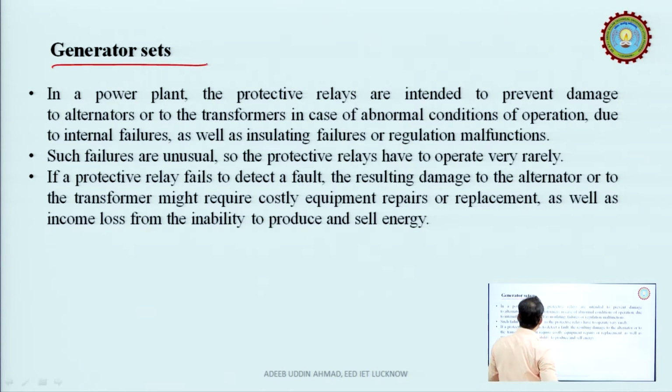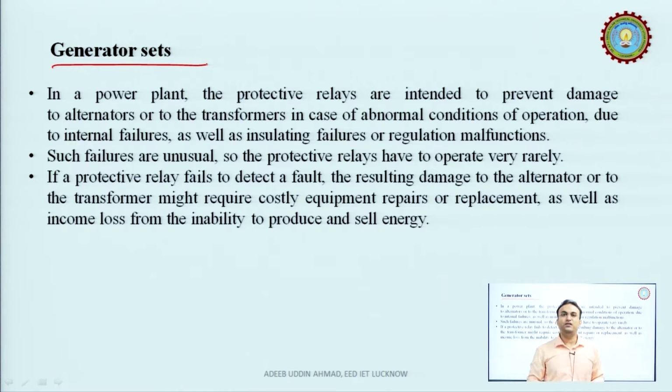Generators are very highly costly devices, so we want very high quality protection in generator protection. Maybe the insulation of the generator may fail, because we draw a high amount of current from the generator. We have a high grade of insulation, but insulation may fail due to temperature effects or aging effects, and also regulation problems, internal failure, supply failure, or some physical damage to the generator may occur. So, these are the possible conditions. In these conditions the generator will not operate.